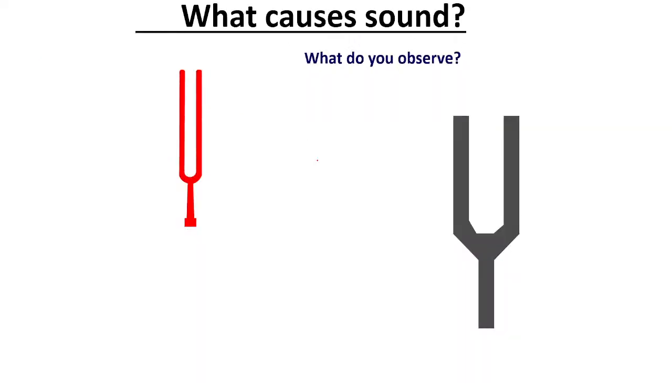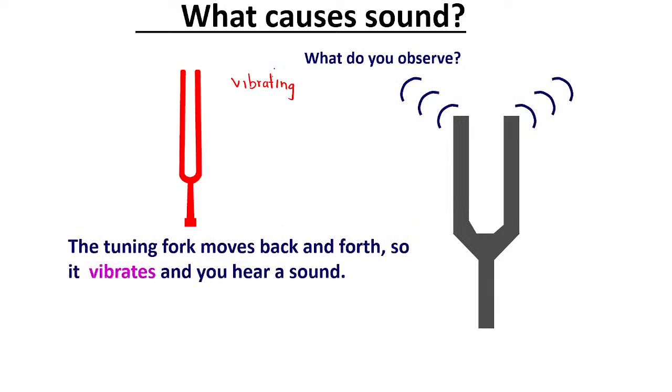So what causes sound? And what do you observe in this tuning fork? That I already asked you, that these plates are vibrating. So what do you mean by the term vibration? Or how do you define a vibration? Vibration is nothing but we see this tuning fork's plates are moving back and forth, from left side to the right side, again and again. So that means this tuning fork is under the process of vibration, that is, it vibrates, and because it vibrates, you